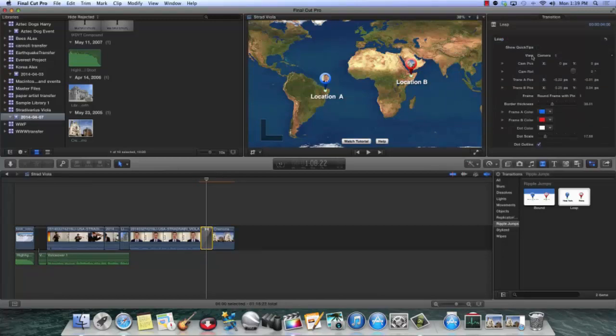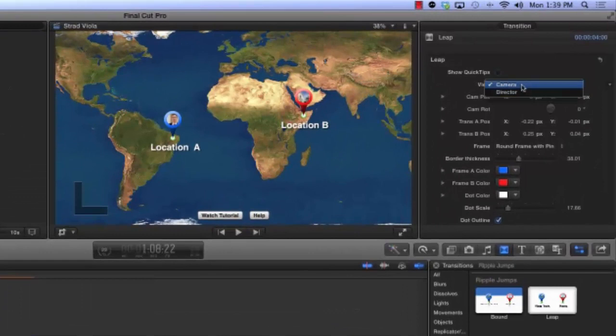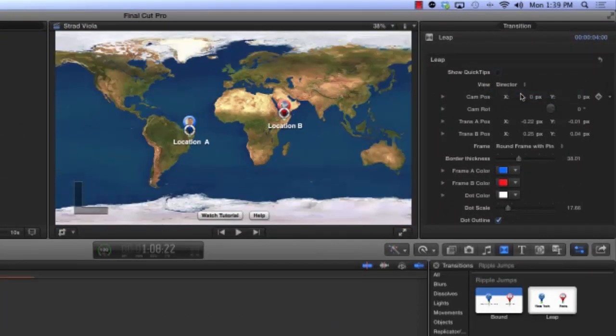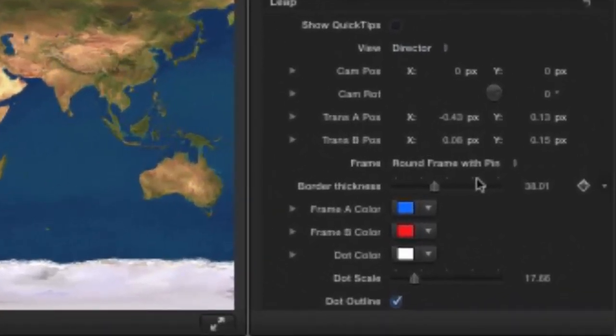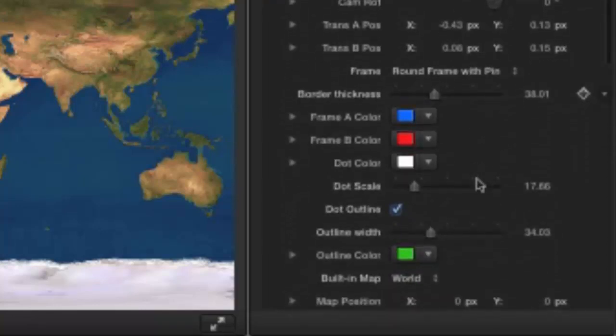To start, I'm going to change the view from camera to director, which will give me more free rein over where the pins are placed and how big the map is. Once I've got the pins placed and labeled as I want, I'm going to change the map style, which is